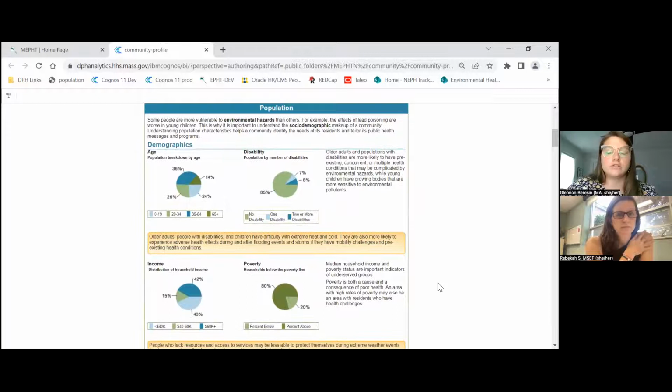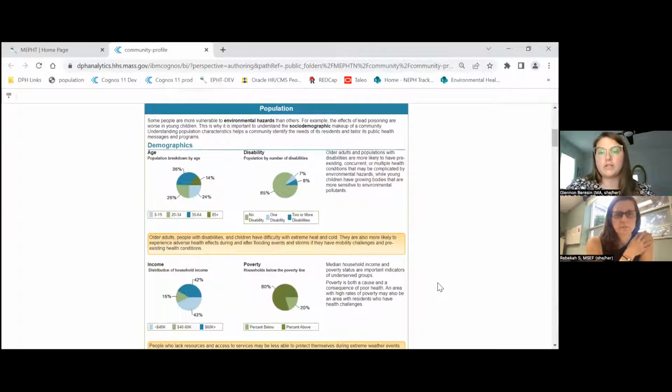And it starts with some demographic information because, historically, there are sort of the haves and have-nots when it comes to environmental health and environmental justice. And we want to make that centrally understood. And there are also groups that potentially have a greater risk of impact from environmental insults.